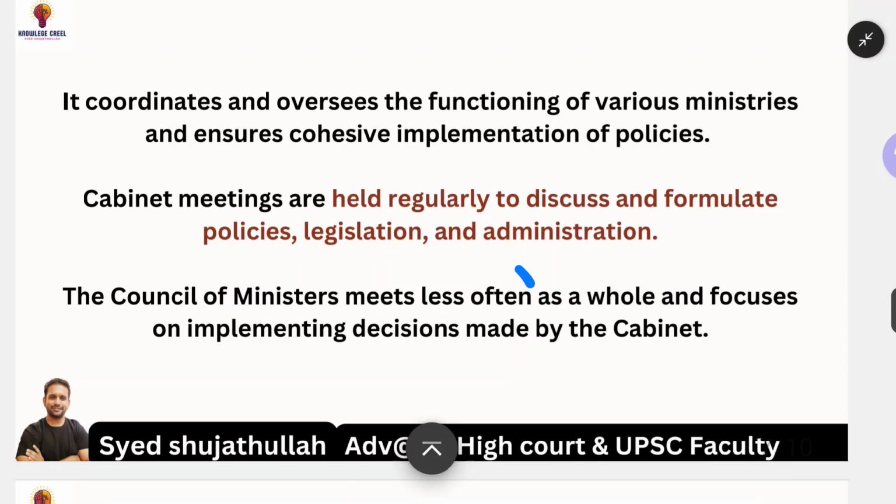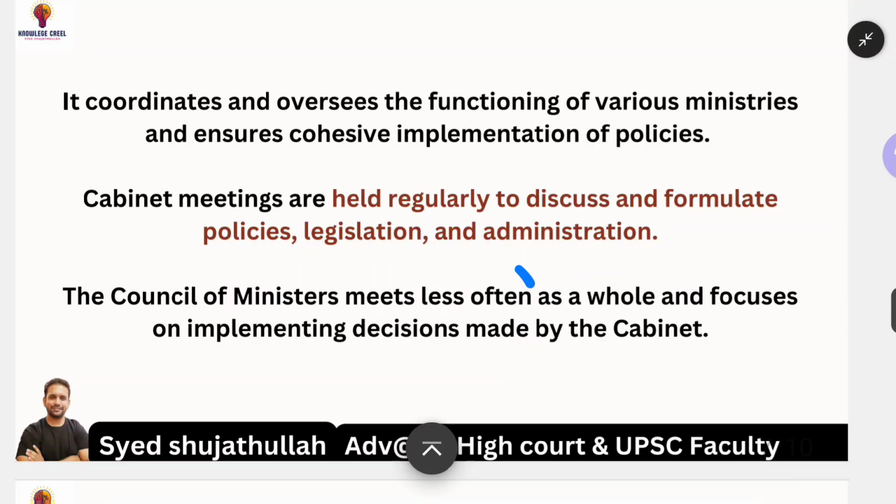So let us now go into the question that we left at the beginning of the lecture. As I have already discussed, these points are mentioned in our lecture itself. Let us discuss them again and finish it off. The Council of Ministers is a constitutional body. This is very true, headed by the PM. This is also true. The 91st Amendment Act is true with regard to not exceeding 15 percent ministers, including the PM.